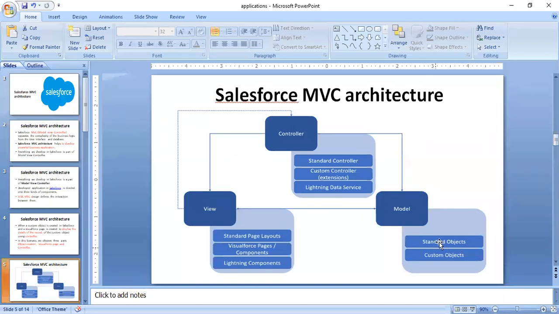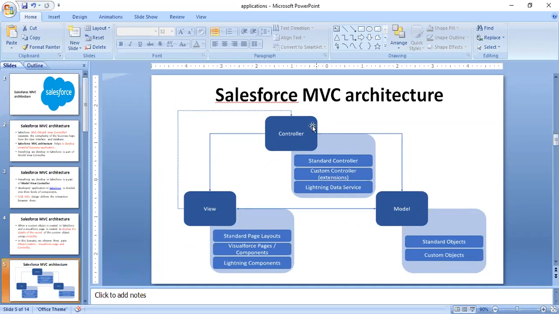What is the thing here? The model is connected to the database. Coming to the view, you want to view the page. How can you view the page here? In order to view the page, you will take Visualforce pages or components. You have different Visualforce components or pages; I can explain these concepts later. And then some Lightning components are there. The main thing here is you have a database, and you want to see data from the page. For this purpose, you are using the view concept.